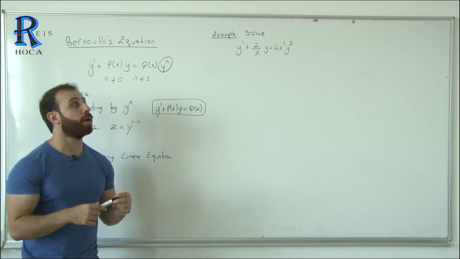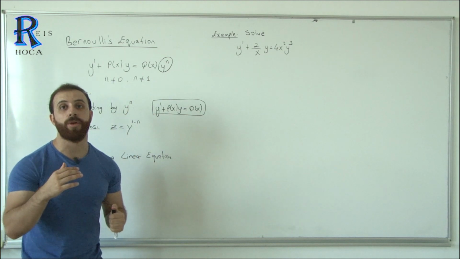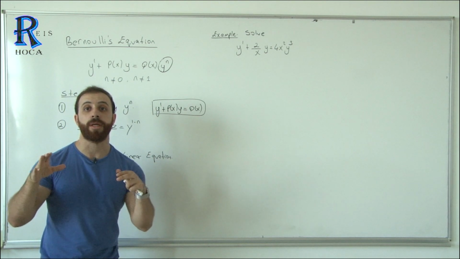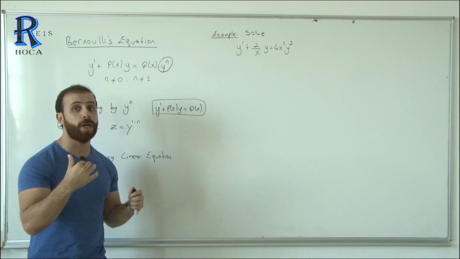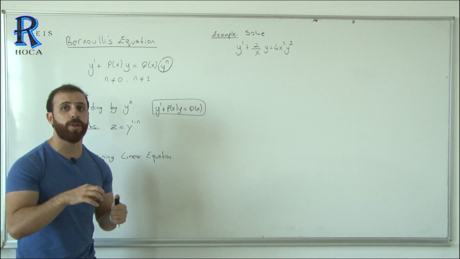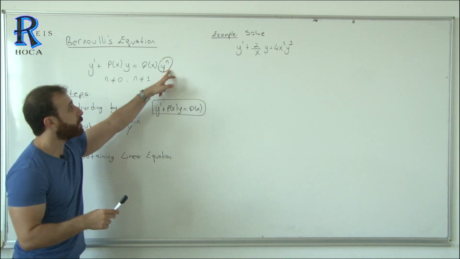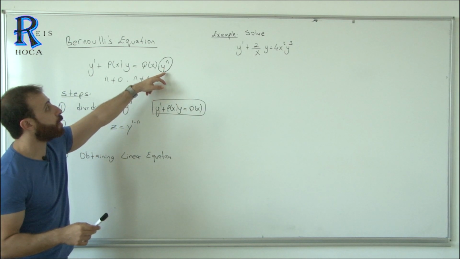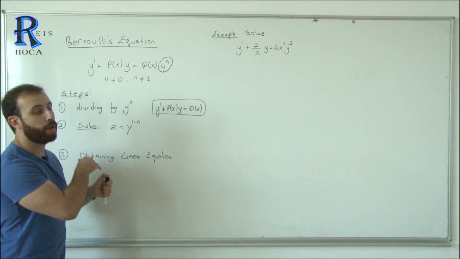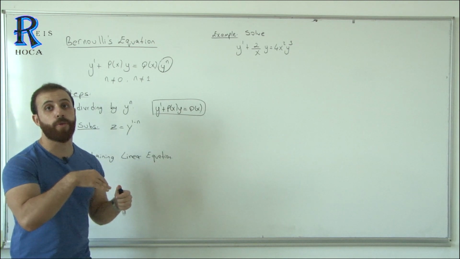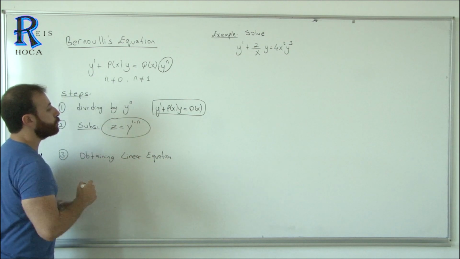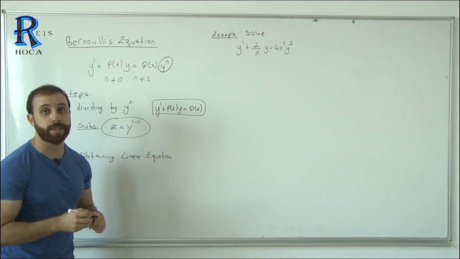If we have this type of term of y on the right side, this is called a Bernoulli differential equation, and our aim is to make the Bernoulli differential equation a first order linear differential equation. In a first order linear differential equation, there is no term of y on the right side. That's why the first step is to divide the whole equation by the term of y, that is y to the power of n, and remove the term of y from the right side on the way to getting a linear equation. After that, use this substitution, z equals y to the power of 1 minus n.